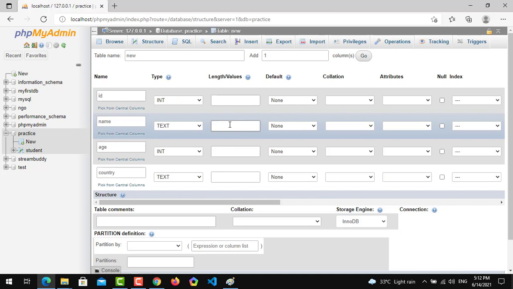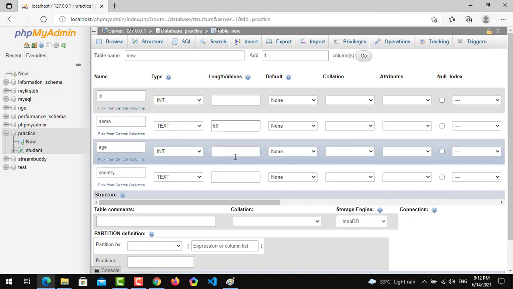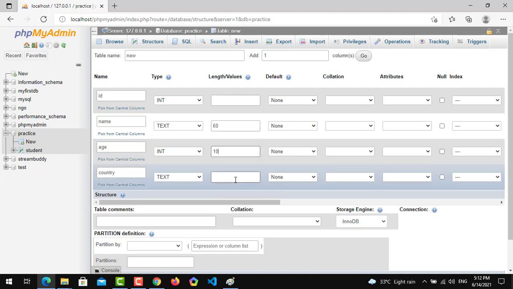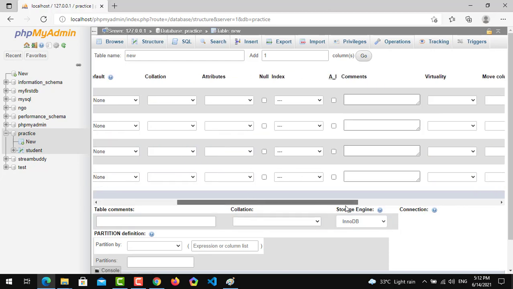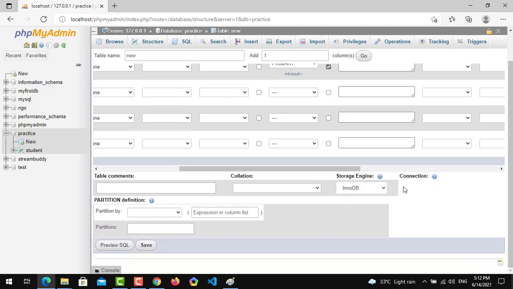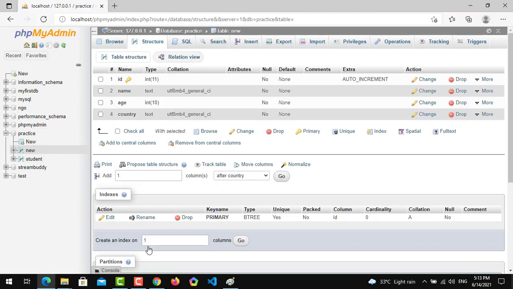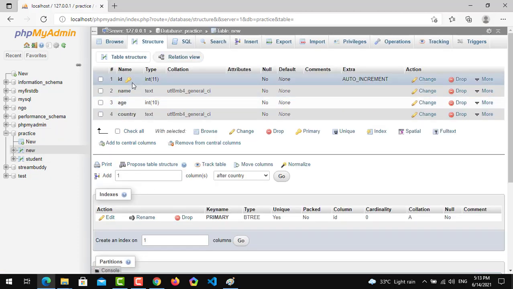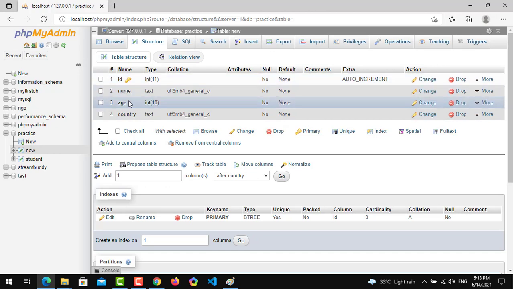Name can be of length 60, country is also 50, and id is auto increment, as you know. Lower down you will see the save button. So our table has been created and it has 4 columns right now: id, name, age and country.